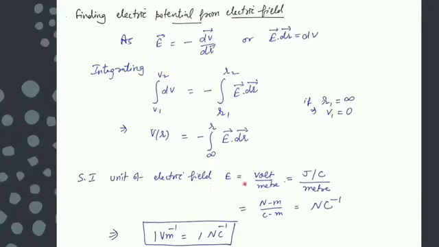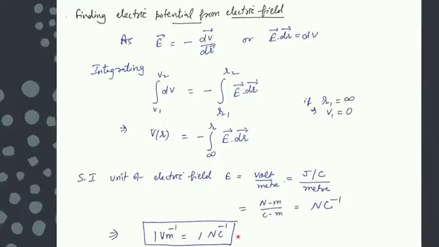SI unit of electric field, you all know, is Newton per Coulomb, but if you take from this relation, then it equals potential upon distance, volt per meter. So you can write 1 volt is 1 joule per Coulomb, and joule is the unit for work done, that is force into distance. So you can write it as Newton meter, and Coulomb goes in the denominator, Newton meter per Coulomb meter, which equals Newton per Coulomb. What I have spoken earlier also, that the unit of electric field, Newton per Coulomb, can be written as volt per meter also.